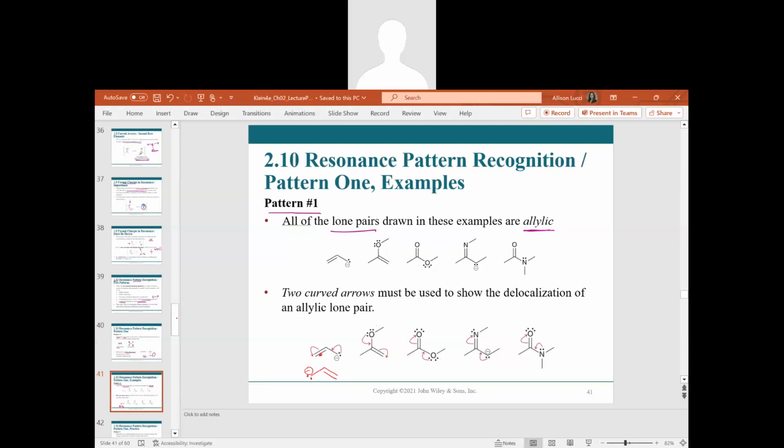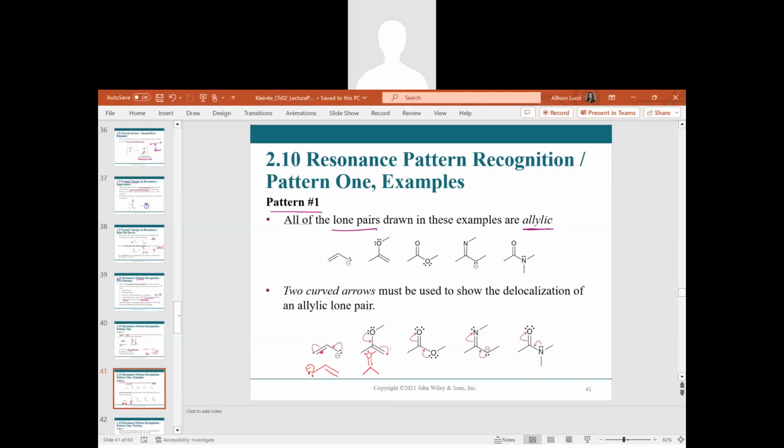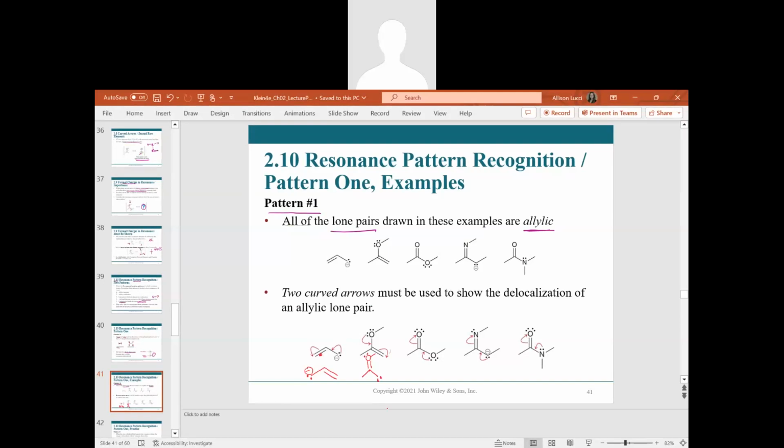And then we would do something similar here, right? We would end up with just one lone pair on that top oxygen. Then we would have a double bond to that carbon down here. And then this double bond, these electrons would move to the end of this carbon. And we have similar movement in these other structures. So these are all delocalization of an allylic lone pair, and they involve two curved arrows in each of these